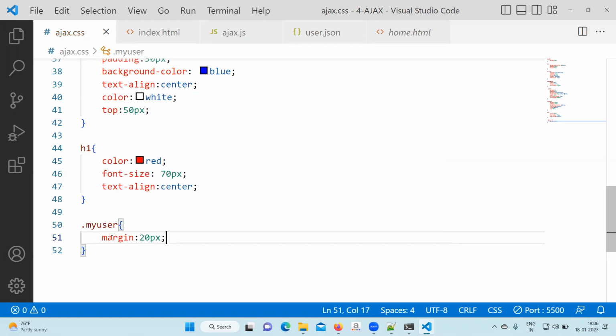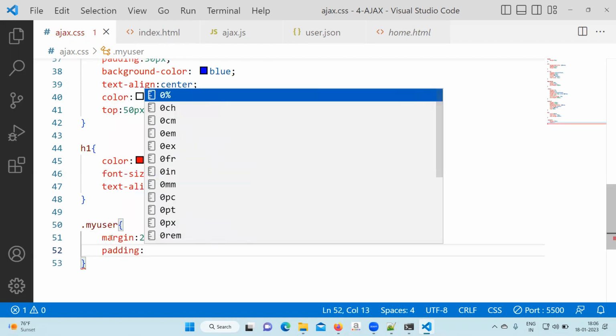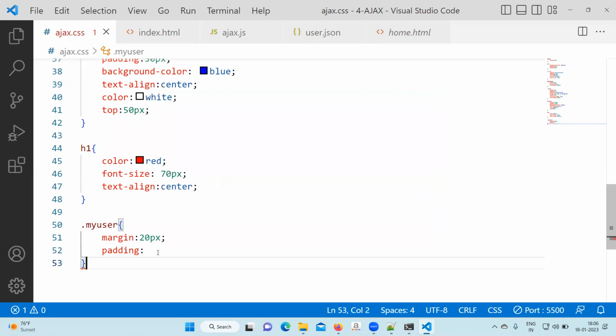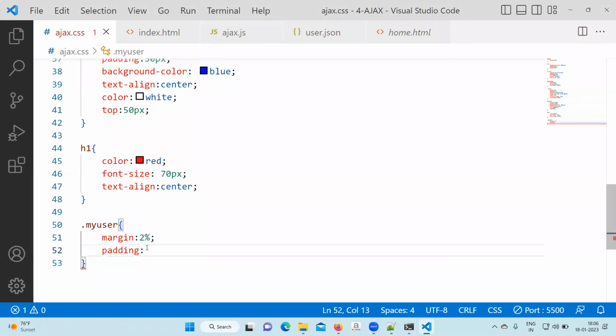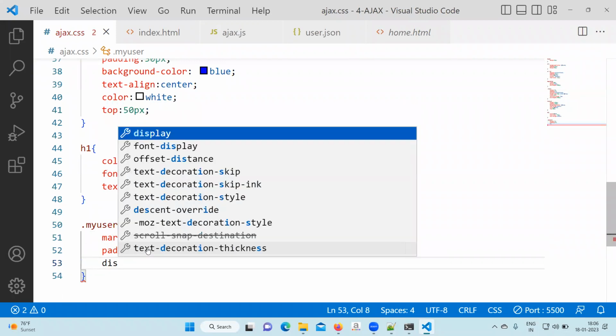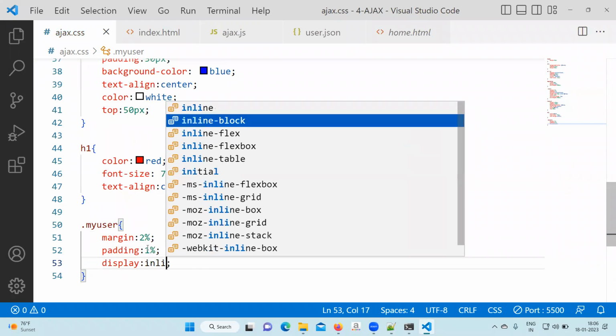20 pixel, padding, margin 2%, you write 2% as well. Padding also you write somewhere 1%, and display colon inline-block,